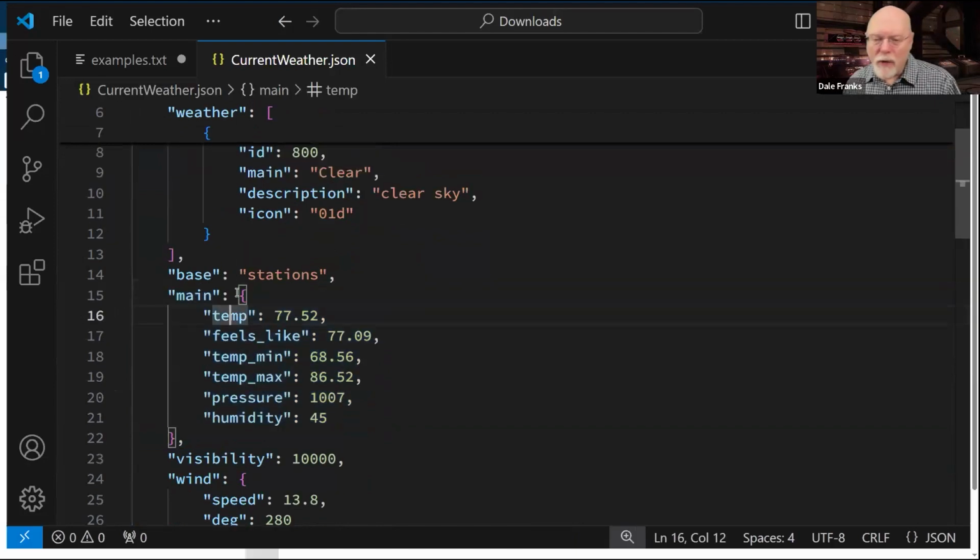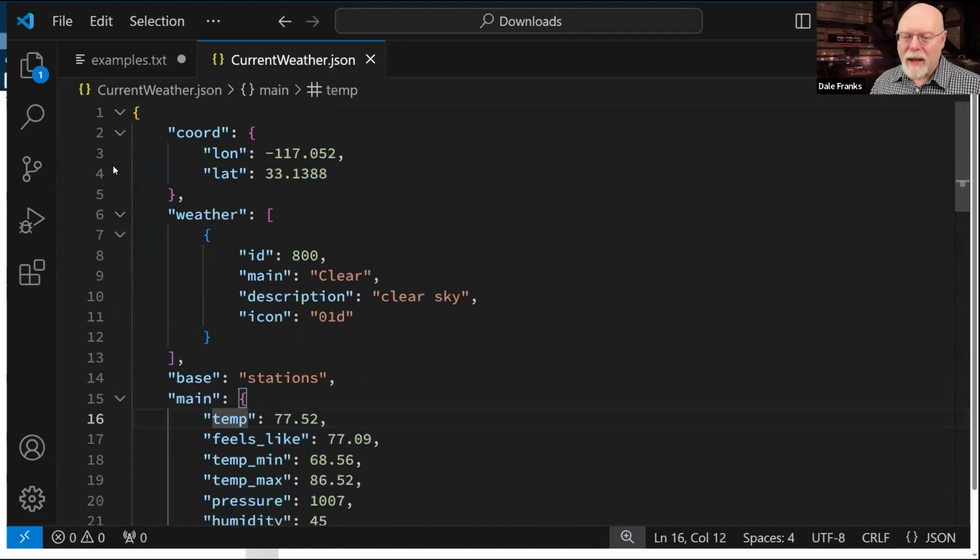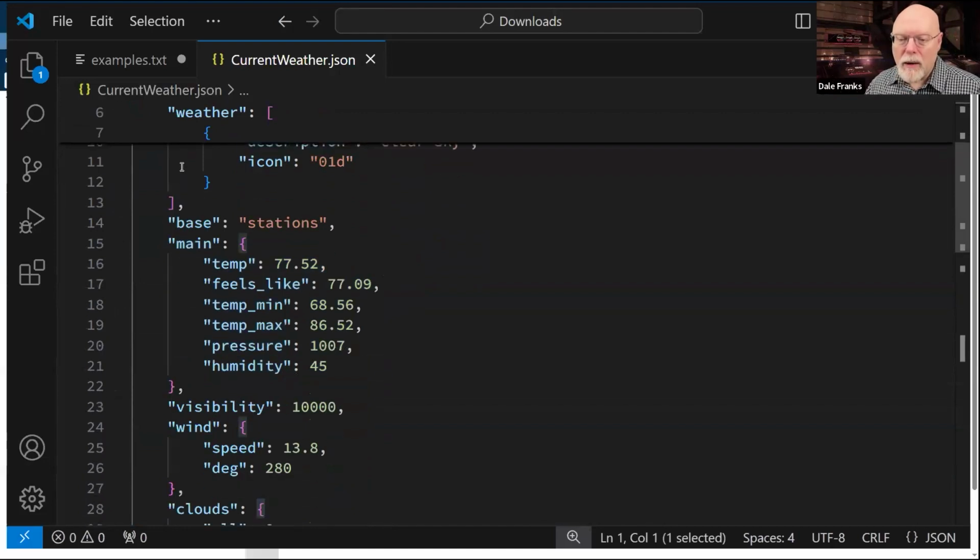So far I've got global dot, which is my first square bracket essentially. And then I go to main. Oh, but wait, I have another square bracket because this is a comma separated list of values for main. So I now have one called temp.